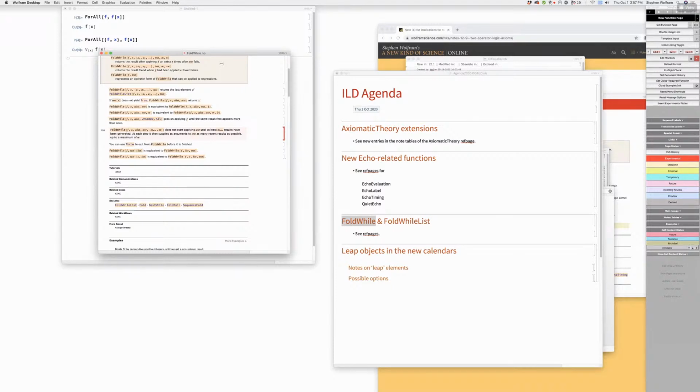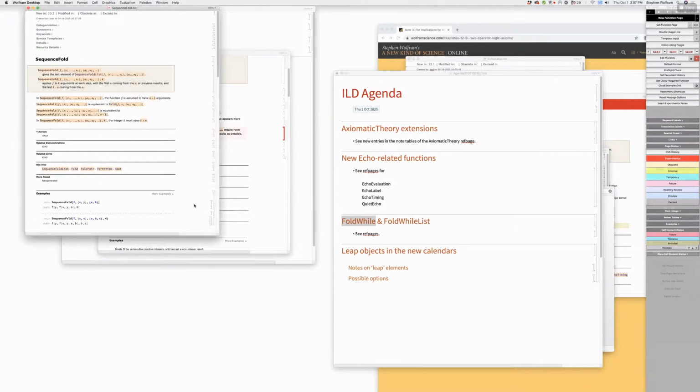There are two guide pages called functional programming and functional iteration. Why aren't we pointing this to things like take while? Isn't take while relevant to this? It's not exact. Yeah, it's similar. Yes, we could certainly. What the heck is sequence fold? Why do I not even remember it exists?